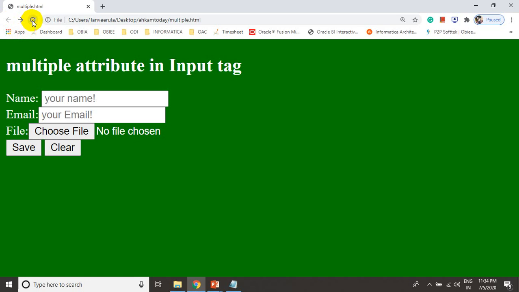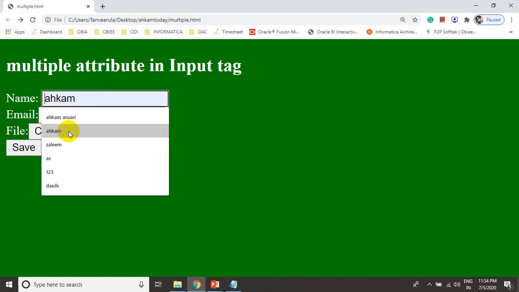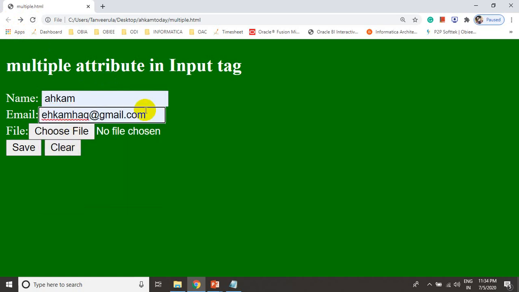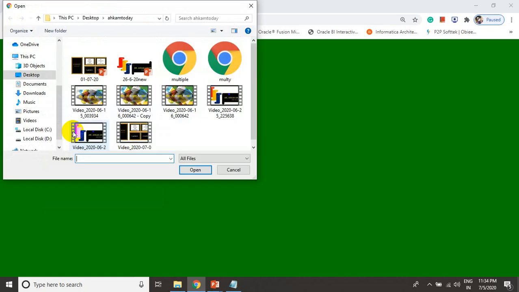refresh the page. Okay, in the first field I have written account. In email ID I have written this one and one more ID. Means we have added multiple IDs. Now when I click on choose file, right now no file is collected. This is an HTML file, so you can add any type of file.